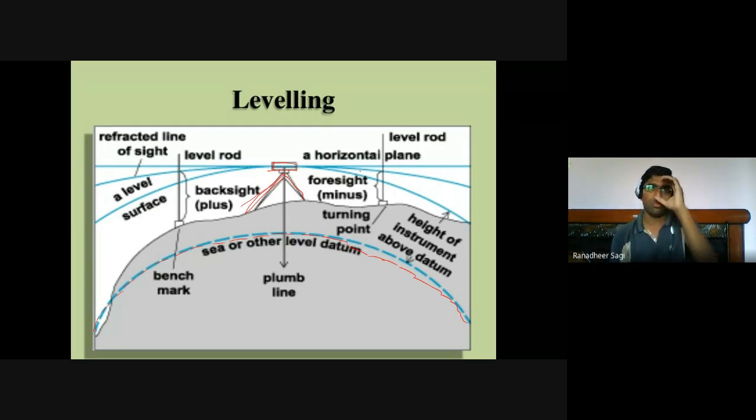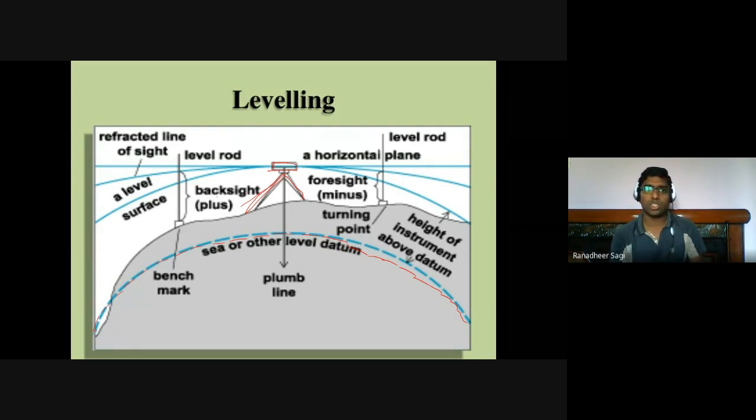Now, the leveling instrument contains what is called a telescope, and when you focus through the telescope, you have a particular line of sight. Line of sight means the line along which your vision runs. Now, how are we going to have that line of sight? Otherwise, we also call it the line of collimation. In the subsequent slides, I'll be talking about those terms as well.